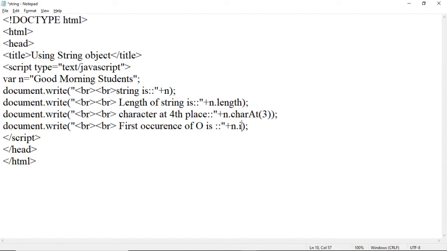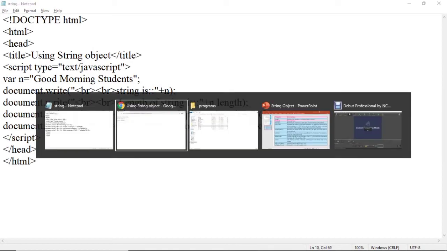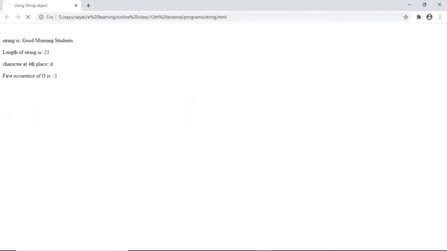So n.indexOf, and in brackets specify the character, like this, "O". Now save the program and refresh the page. Here, the first occurrence of O is 1.